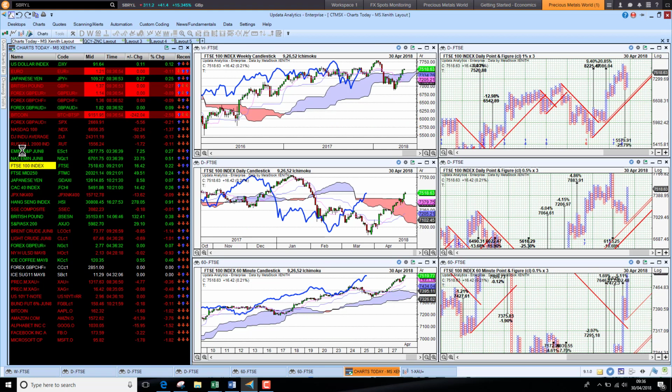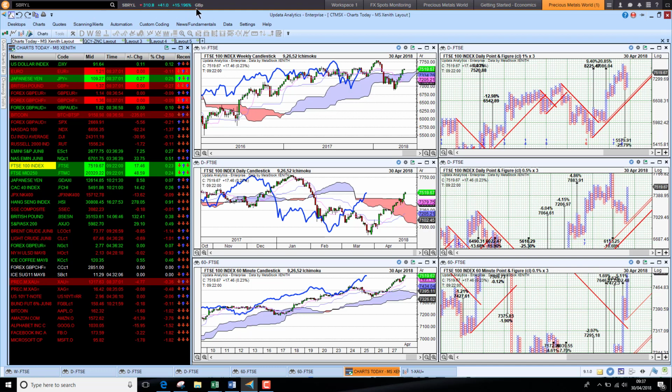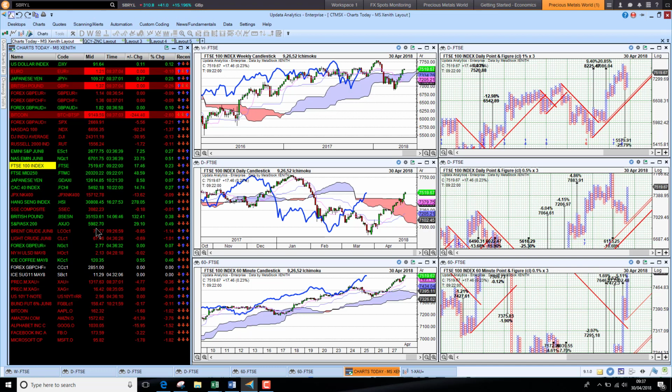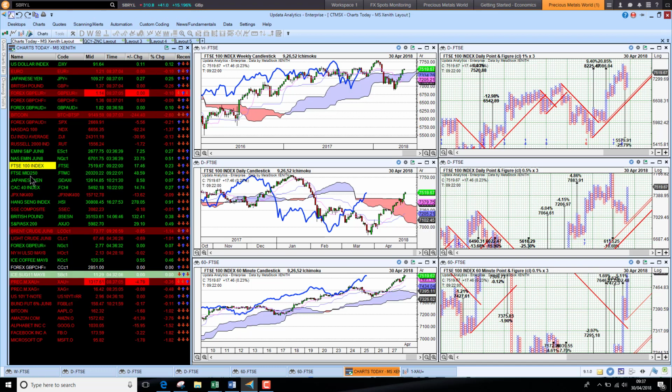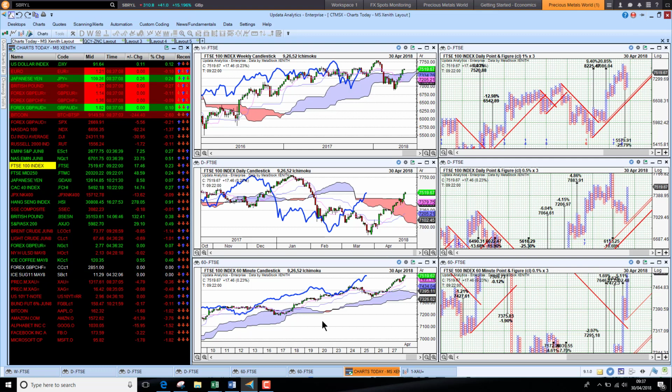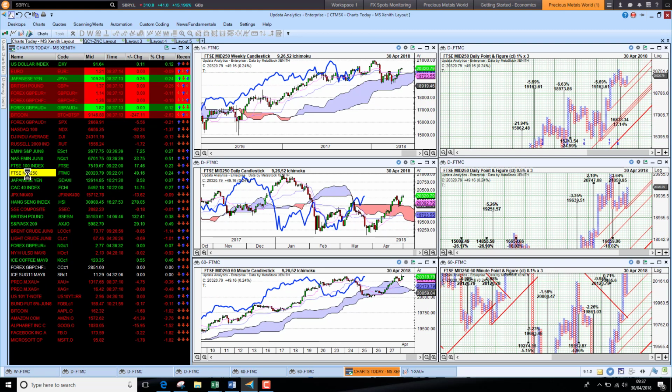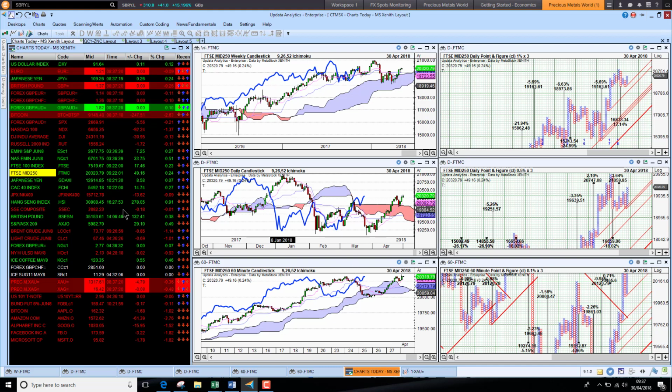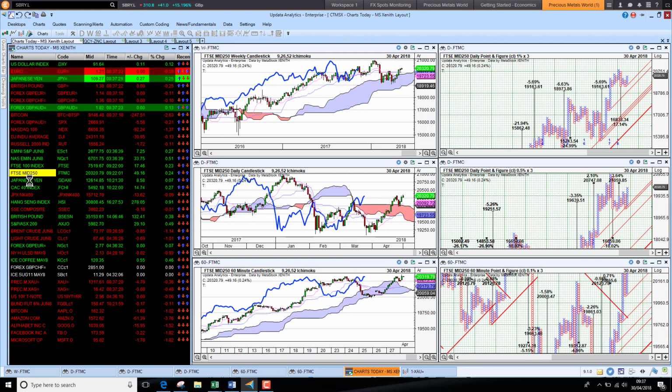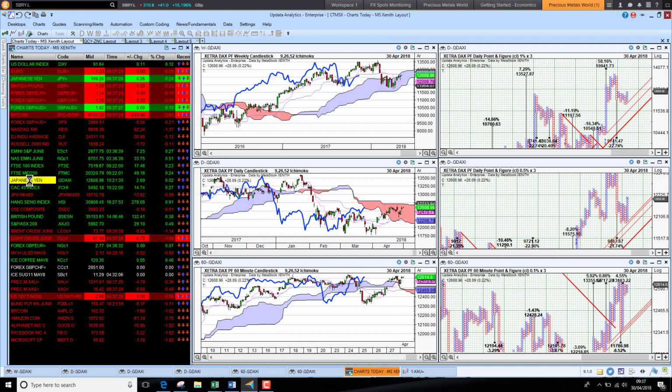FTSE up quite strongly this morning. News in the market: the Sainsbury's up. So there's my Sainsbury's on my icon screen. Certainly up about 15%. It was as high as 20% at one stage, but the FTSE higher. And remember that weaker sterling is going to have an impact on UK earnings. So the FTSE generally likes weaker sterling. And we're seeing here the FTSE 250 actually looking quite strong now as well in terms of getting back above the cloud. Strangely, looking better than the US indices right now in terms of the recovery.